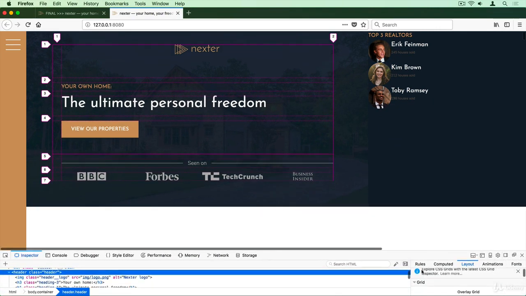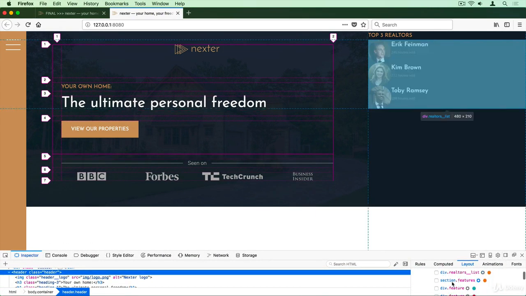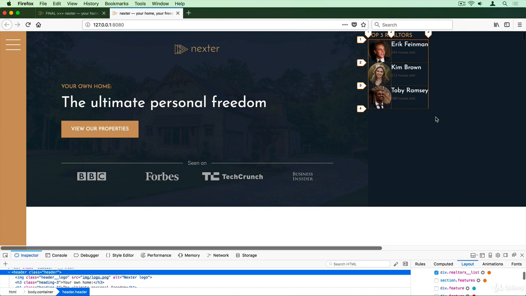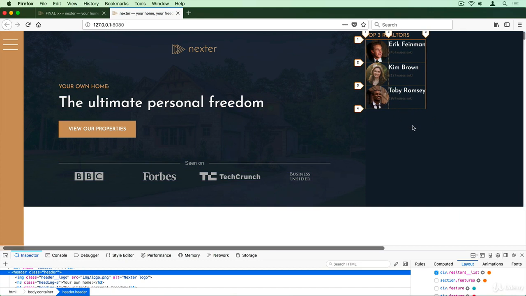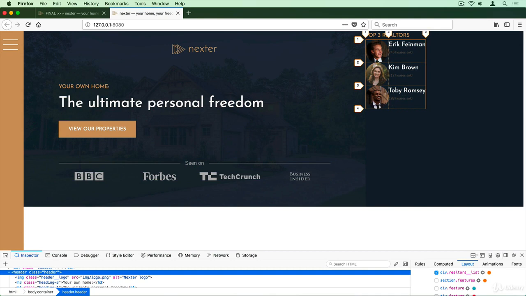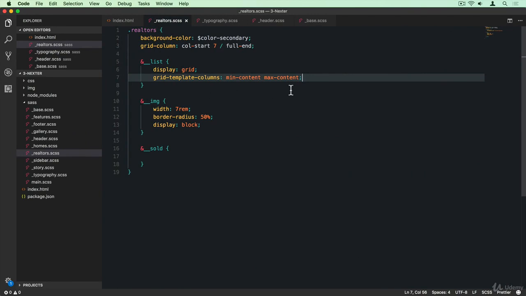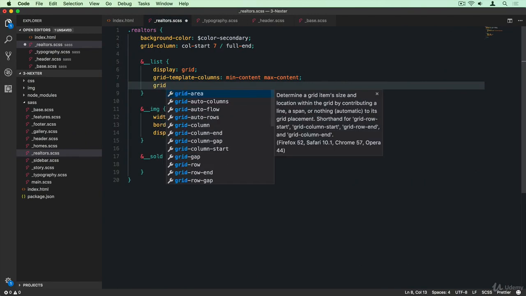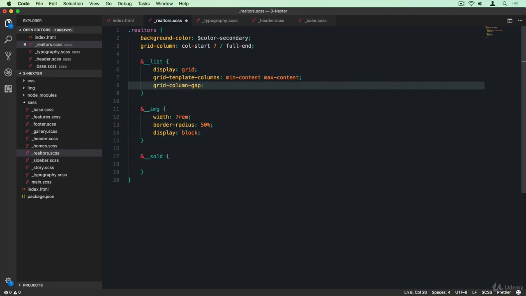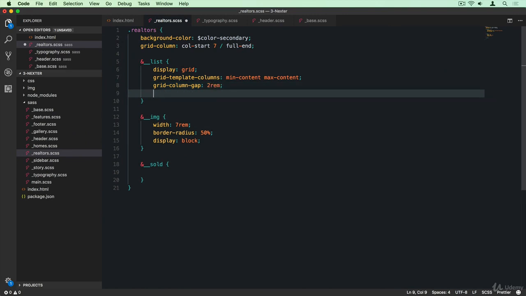Let's take a look at that. And all right, so you see it's actually a grid. Now all we need to do is define some spacing here. So let's add spacing to the columns and to the rows. So for the columns, let's add 20 pixels. And now between the rows,